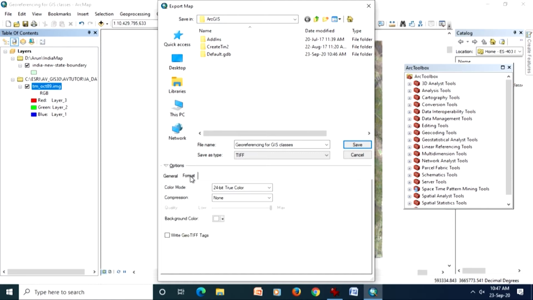When I go for the format, it asks me which compression I want. Again, LZW is supported here, or there are some other options also available. Before going for those, please check, because maybe the basic compression techniques have been followed but a little different name has been given, like deflate.